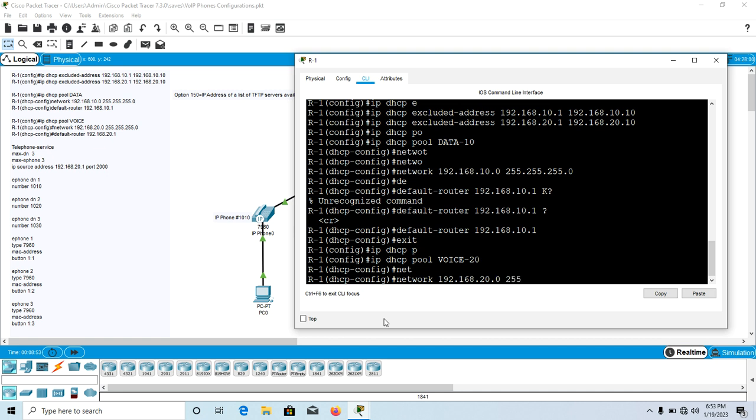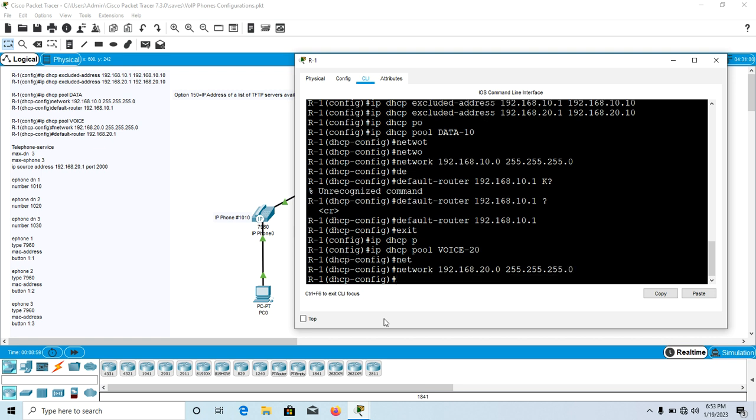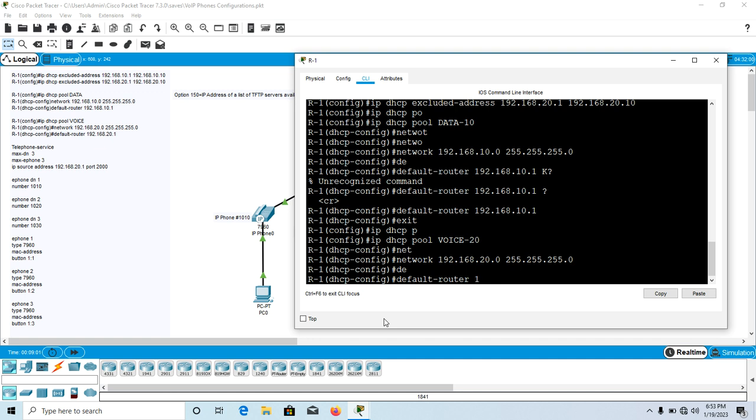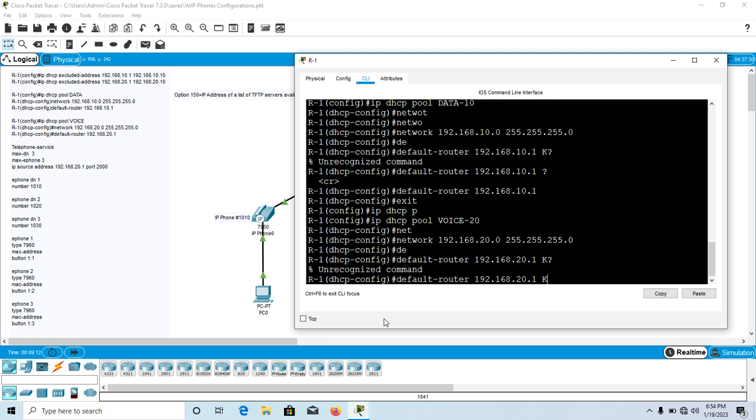Subnet mask 255.255.255.0. Enter, and the default router is 192.168.20.1. Okay,